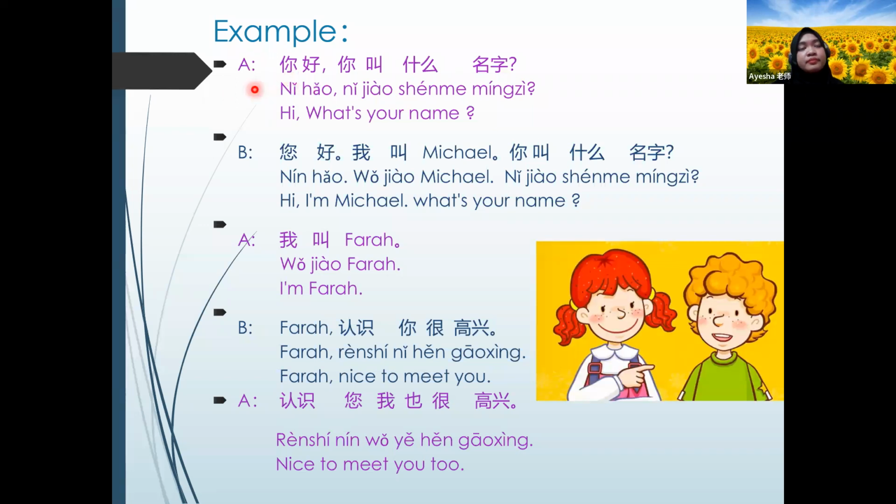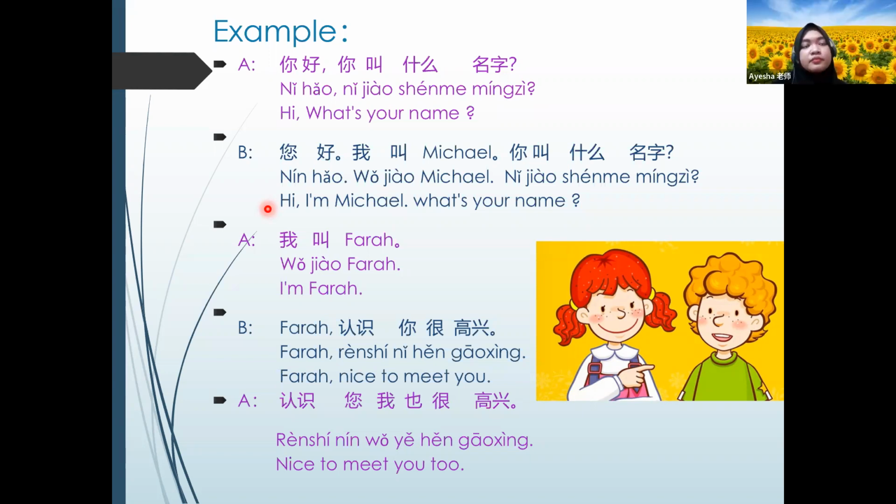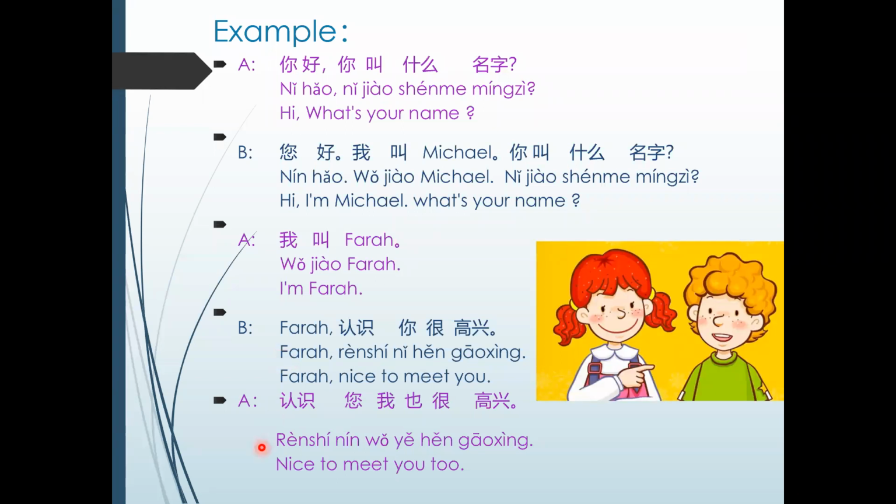你好，你叫什么名字？ Very good. Next person is Atika. 您好，我叫麦克，你叫什么名字？ Very good. Cedric. 我叫 Farah， Zima. Farah 认识你很高兴。 Very good. Try again. Farah 认识你很高兴。